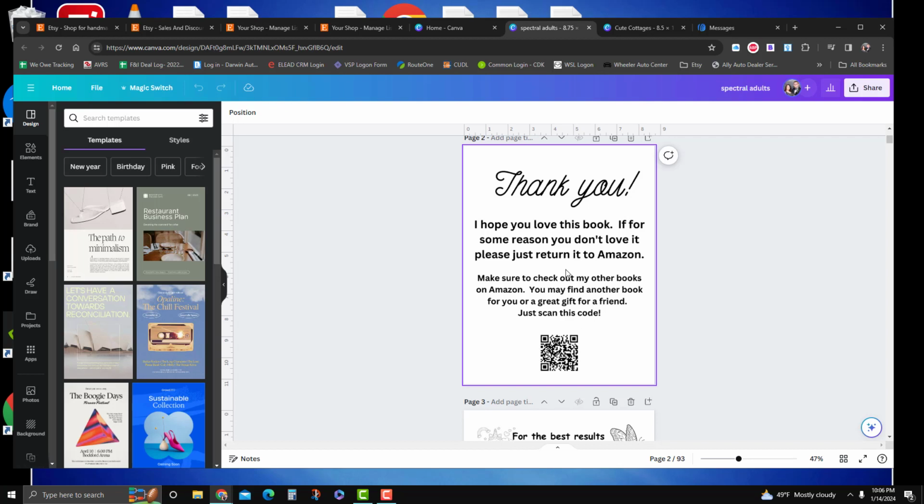In this case, we're going to be doing PDFs mostly. So in the PDF, you can have clickable links in there. So we're going to do clickable links that will link back to your Etsy store, and then people can come back and buy from you again. We'll probably put some kind of a special offer on there to make them want to come back and buy